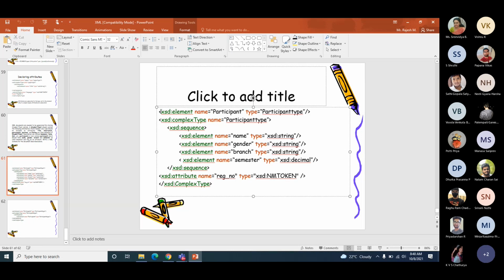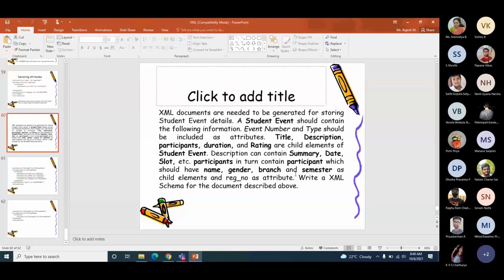Now, what it says next is it contains an element called participants, which contains participant. So you can have one or more participants. Obviously, with zero participants, there is no meaning of defining an event. So with that understanding, I am saying that participant occurs one or more times.